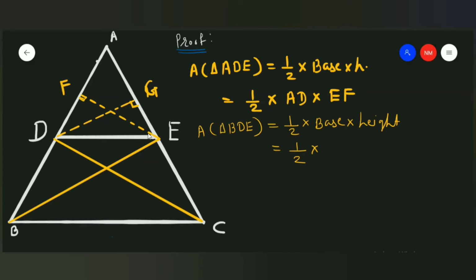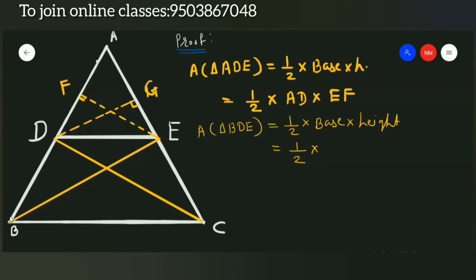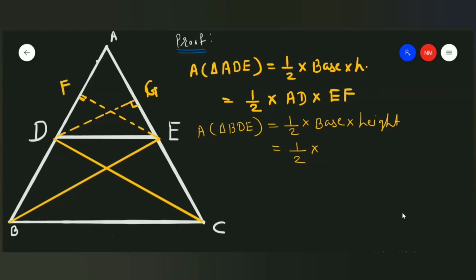And as we know the base of BDE, you can see here, EF is the height to the whole AB side, right? EF is the height to the whole AB side. DB is also a part of AB, that we know. So we are going to select the base DB, meaning BD, of the selected triangle. I will again repeat, as we have selected the triangle BDE, I'm going to write the base BD and height EF, as both the things are available here in the diagram, you can see.